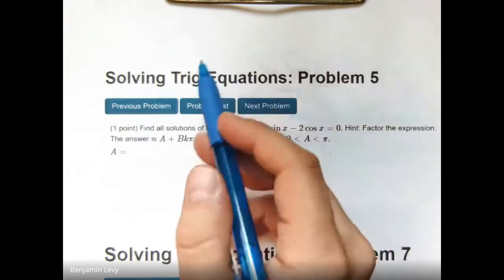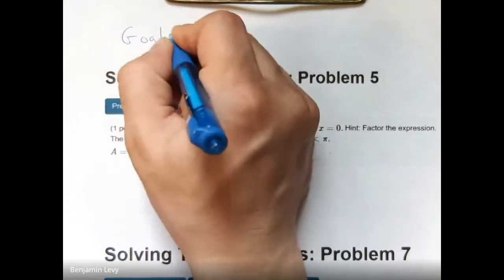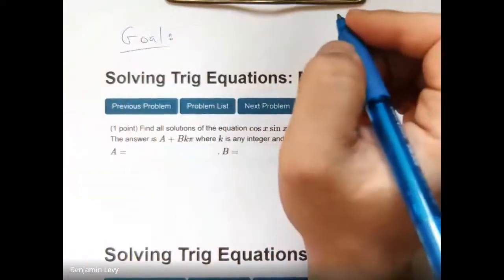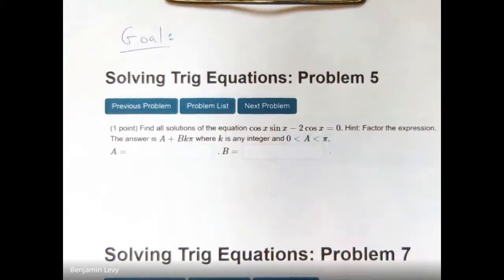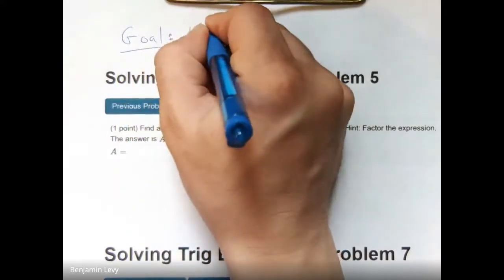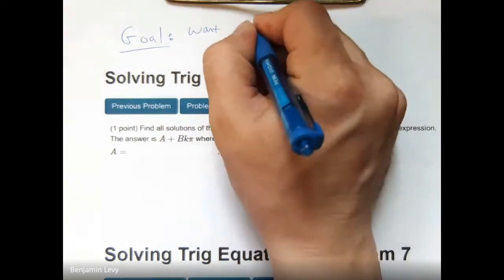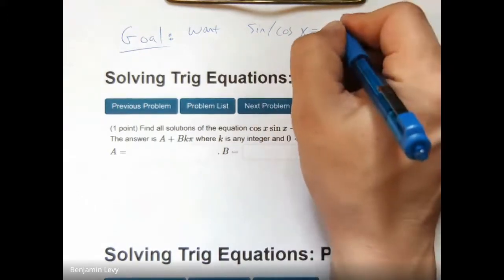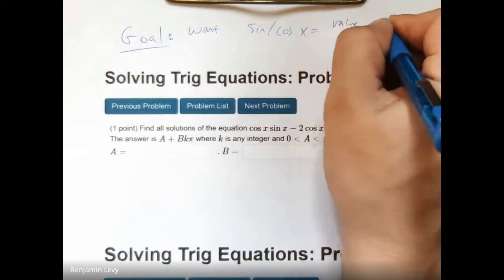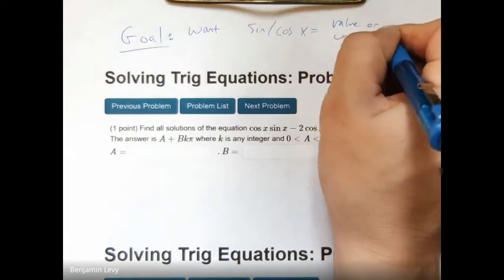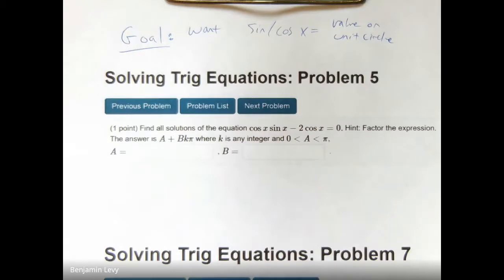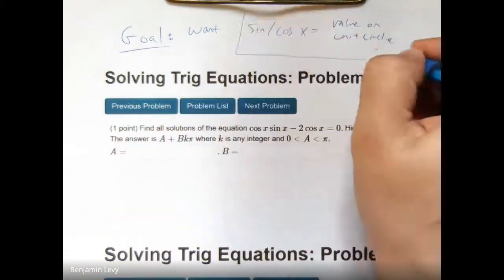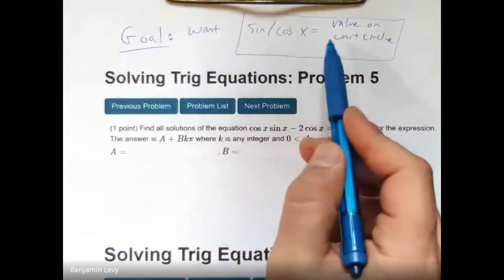Anyway, for trig equations, before we look at trig identities, let's do equations, because that's pretty different. Our goal here is you want something that says, in this case, either sine or cosine. It's usually going to be sine or cosine. We want something that says sine or cosine of our value equals some value on the unit circle. That's always the goal. And the problems that this person sent in are the more challenging type of problems, which is fine. But